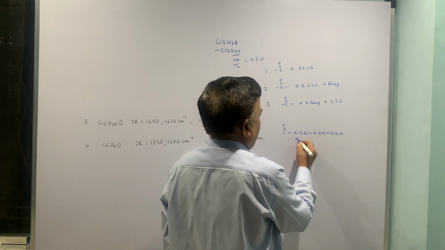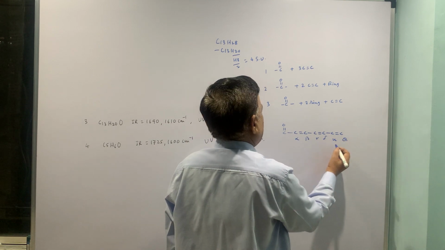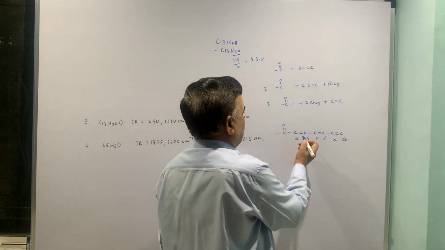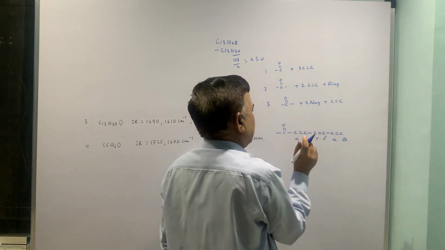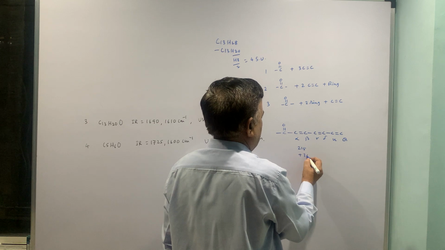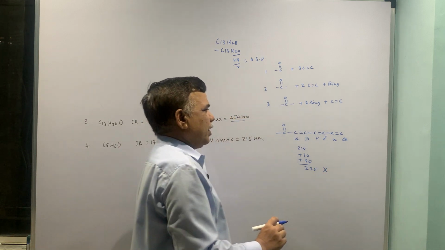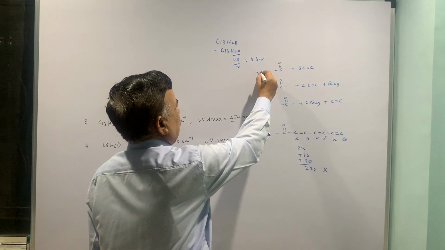So alpha, beta, gamma, delta, epsilon, zeta, we have got so many carbons, so chain is not a problem. So 1, 2, 3 and 4 sites can be accounted. 215 plus 30 plus 30. So without considering any substituent, this is going high, so that can be ruled out. So first is ruled out.